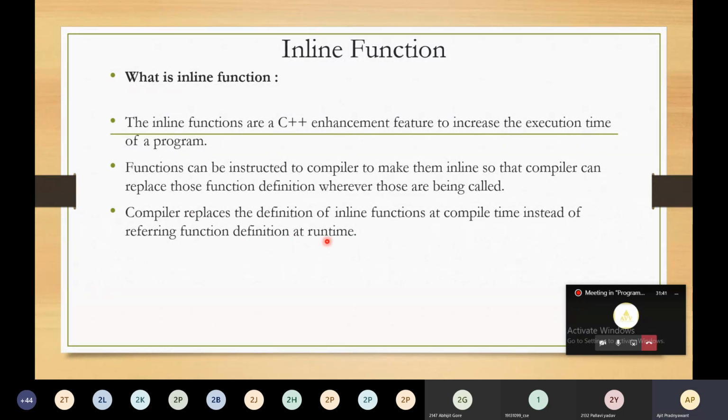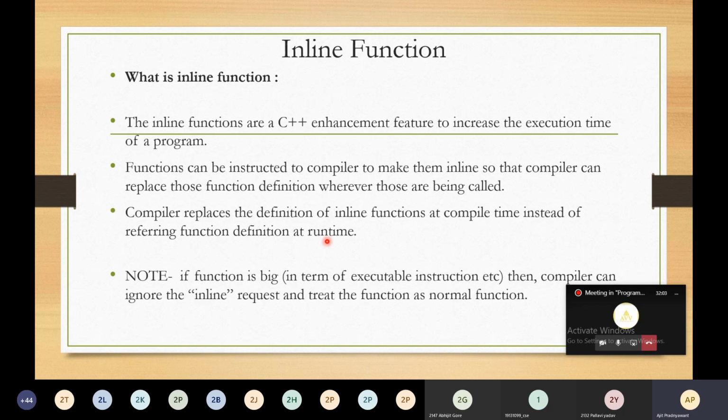Once you make a function inline, the compiler will add that function's code inside the main itself. No need to go to that particular function and call it. We will see how that happens.